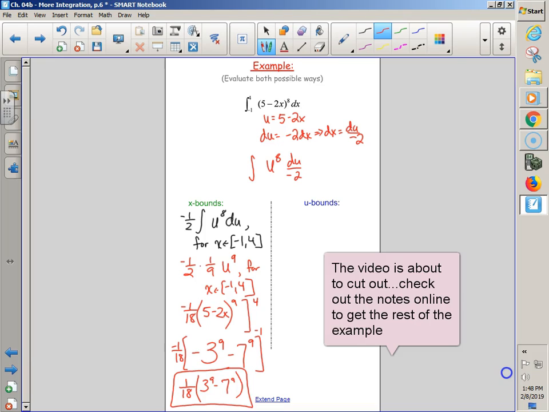What's the other way? Very similar, just a little bit different. The other way says, when